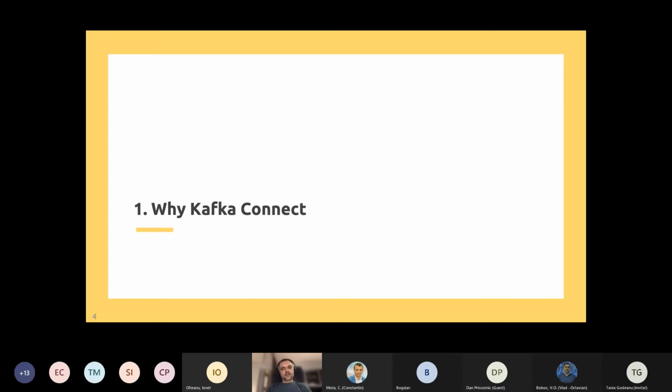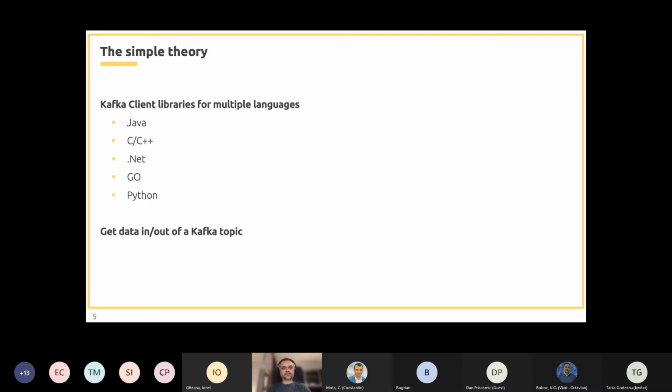Let's start with what Kafka Connect is and why we should use it. In theory, using Kafka in our applications is very easy. We have Kafka client libraries written in multiple languages like Java, C, .NET, Go, or Python. And we simply embed the client libraries in our applications.